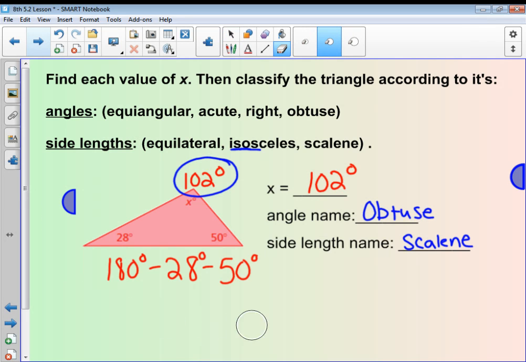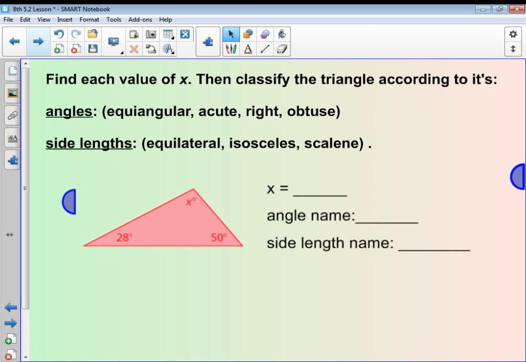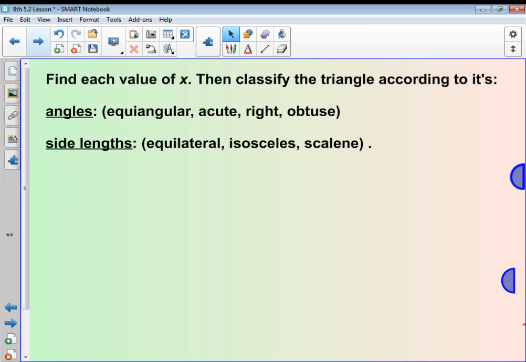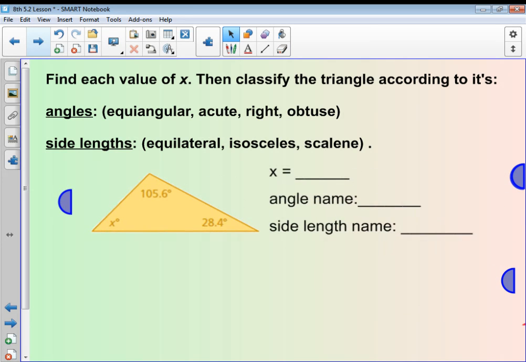Okay, so let's go ahead and try another one. Here we're working through where we've got decimals, and it doesn't matter if they give us decimal angle measures, we still go through and do the same process. So we're going to solve for x by getting rid of our knowns. This time I'm going to take 180 and subtract off the two that I know. So if I subtract off 105